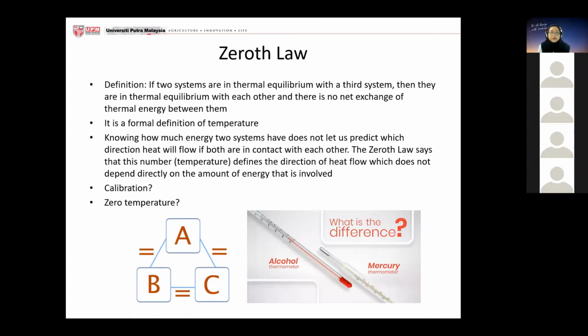So the zeroth law, what it says is, if two systems are in thermal equilibrium with a third system, then they are in thermal equilibrium with each other, and there is no net exchange of thermal energy between them. Okay, so it's a mouthful. You might not understand it at first glance, but basically, you can relate